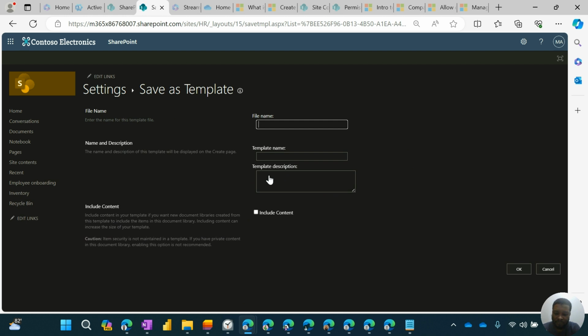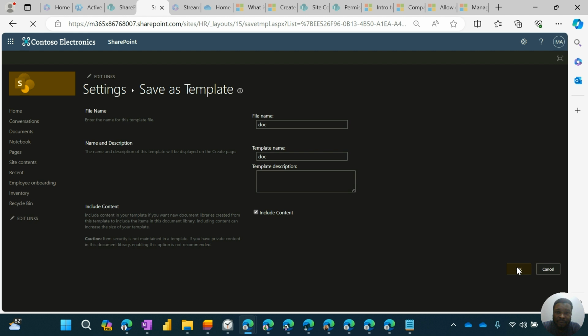give it a name. All right. So the name and description, the description is optional, and I want to include content because I want to move it or use it on a different site. I intend saving it as a file and then giving it to somebody else to use it on their own respective SharePoint site. So I'll include content, and that is all relative to what basically you're trying to solve. It's not compulsory. Click on OK,